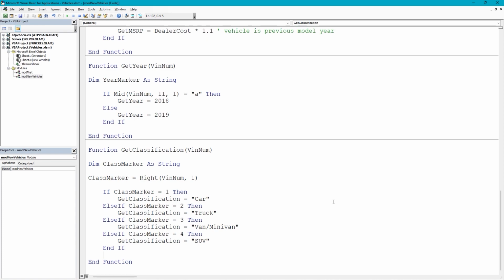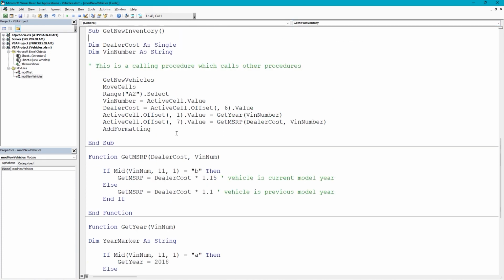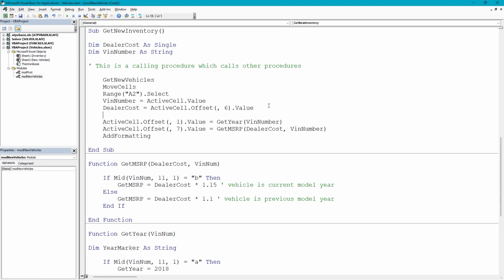So now we're going to do another modification in our get new inventory procedure. We've been going in here and putting in our active cell offsets. We're going to create a with end with structure in here to make it more concise, because we're going to have several different offsets to put in. So click at the end of that dealer costs equal active cell dot offset value line, press enter, and you're going to do a tab, and you're going to type with active cell,